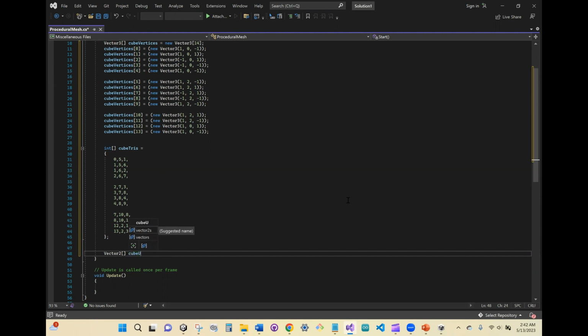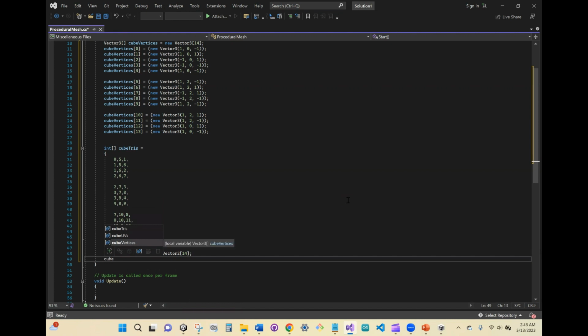Cube UVs. That's the name of our array. Equals new vector2 array with 14 elements, one for each vertex. And cube UVs